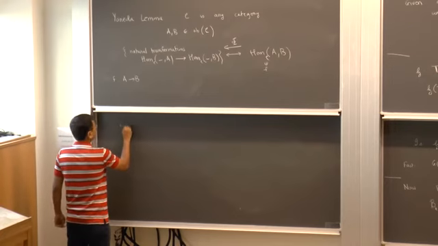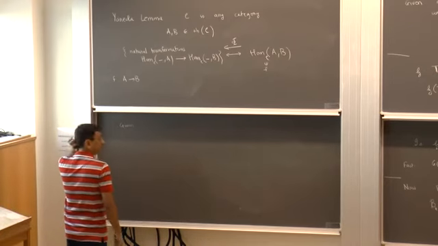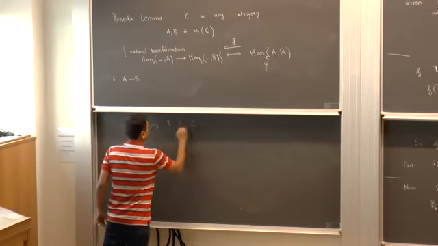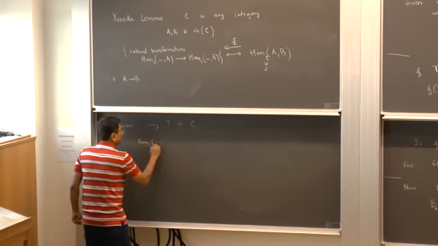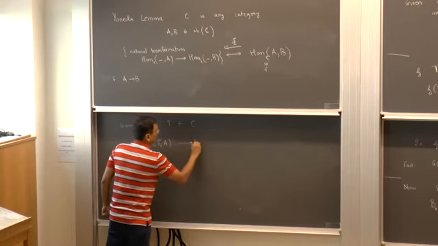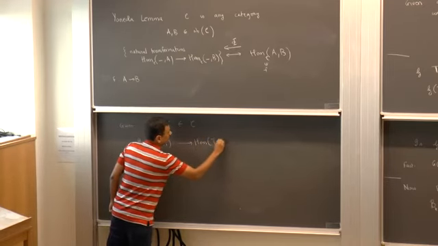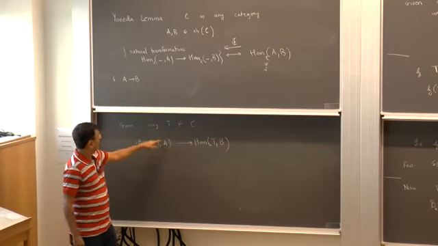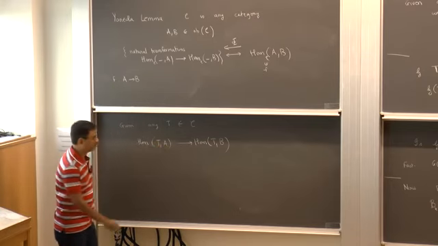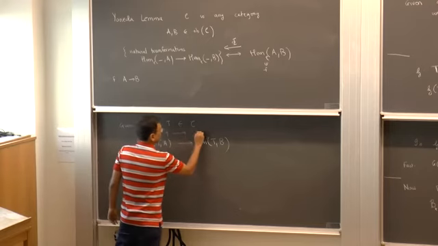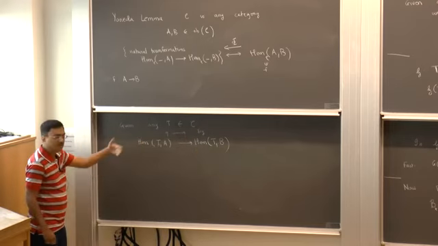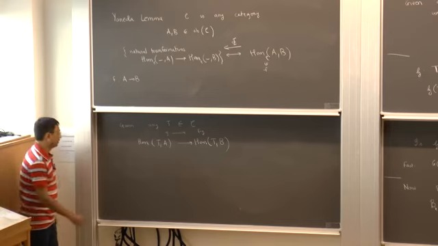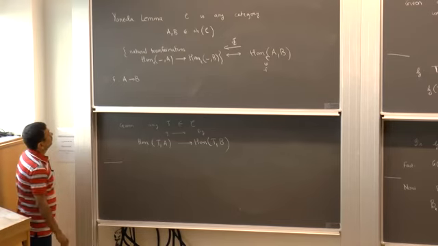Given any T in this category C, I define a map from Hom(T, A) to Hom(T, B), which sends a morphism from T to A to that morphism followed by F. So G goes to F composed with G. So this is a map, and this is a natural transformation, which means if I have a morphism from T to T prime, the square that I can write down will commute. So this tells us that